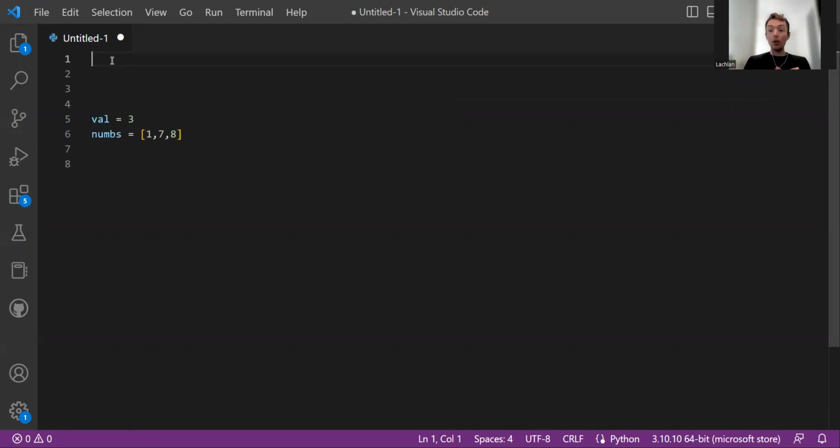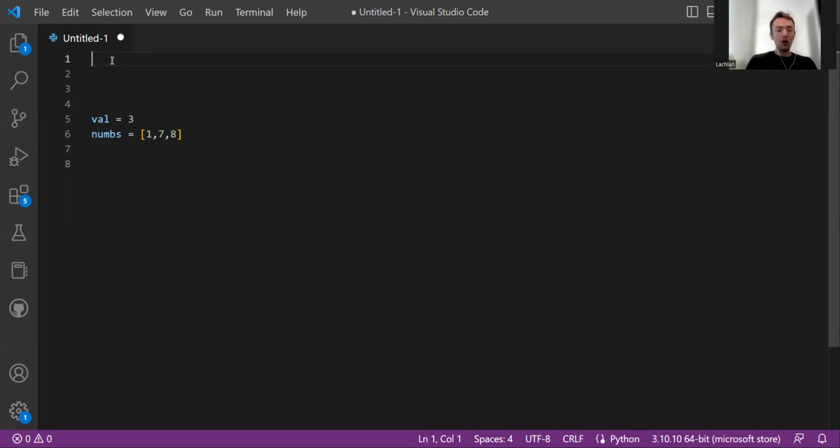So let's say we want to just implement a linear search. So we're going to be given a list of numbers or an array, and we have a target value that we're looking for, and we're going to feed that into a submodule from the main module, and the function is going to return either true or false depending on whether the value